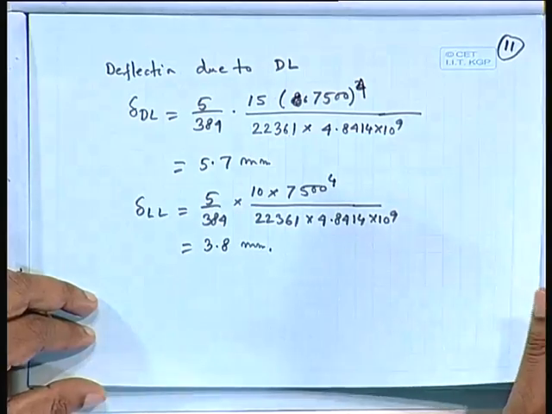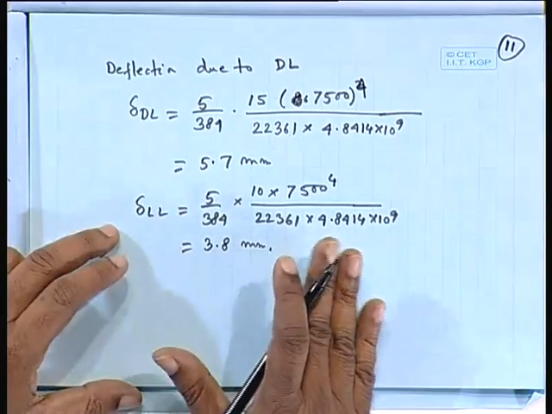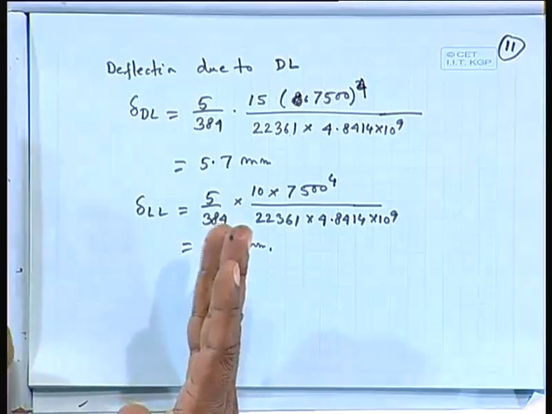And now we have two more things. Here there is no difficulty, we can find out that EC is 5000 root over FCK, and I effective also we can get from the formula which is given in annex, that annex C, and from there we can find out. Now, the next part is coming, that is due to shrinkage and due to creep. So, what we shall do here,